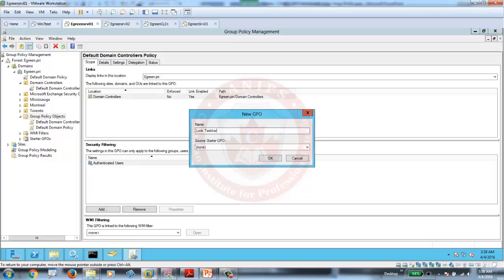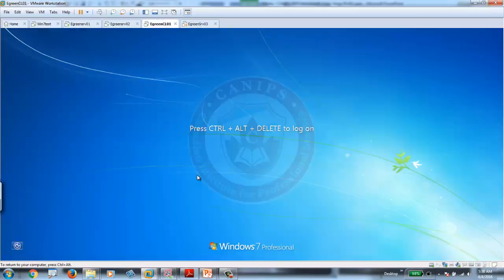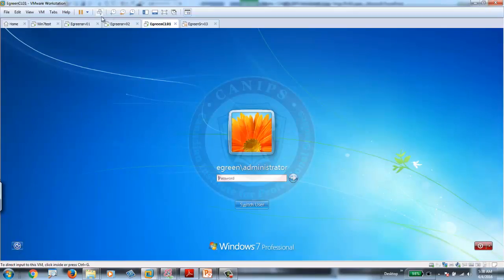Lock taskbar. Now, what is a lock taskbar policy? Lock taskbar policy is this, which is known as a taskbar. Now, if I go to my client machine here, and if I log into my client machine,